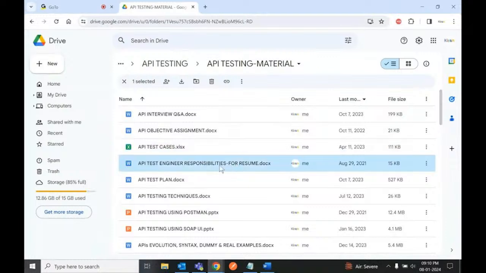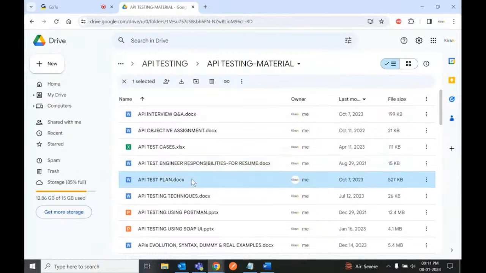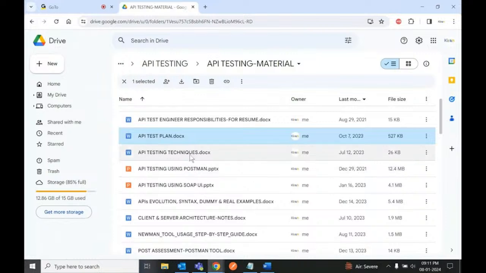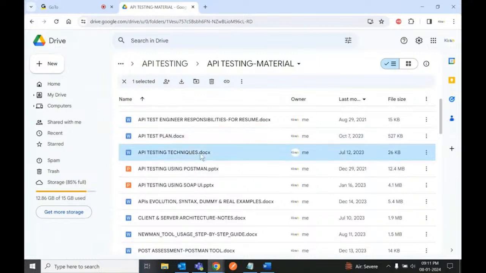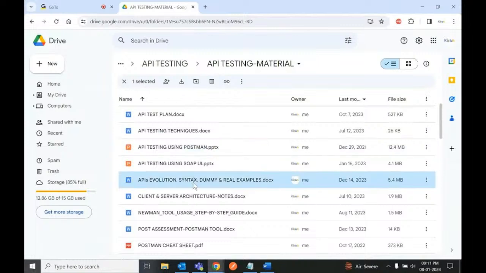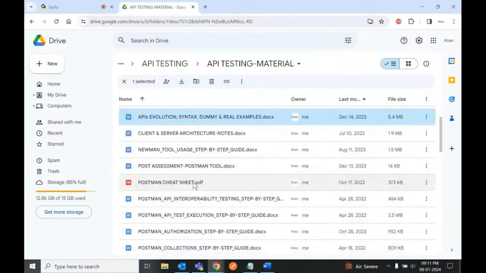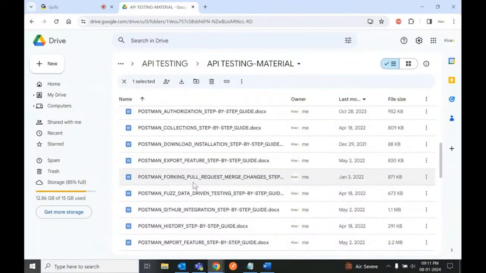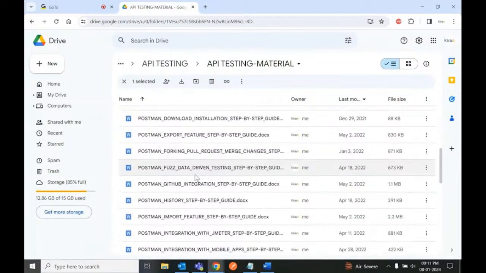And this is for your API automation. Here you see test plan document and what testing techniques we apply. That document is here. And then some PPTs which I have prepared. And you can see here all the notes is here as I scroll down. And these notes, they contain a lot of screenshots as well. Like if I just open any one,